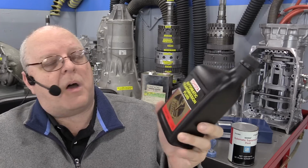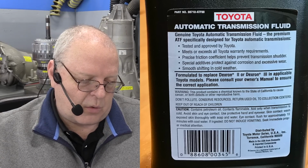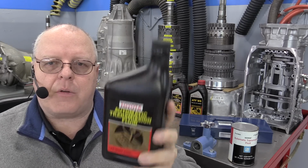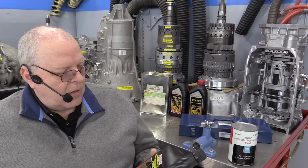So here is, we just bought this a couple months ago, Toyota automatic transmission fluid, it says here on the front. And on the back label here, it tells us that it's formulated to replace Dexron-II or Dexron-III in applicable Toyota models. Please consult your owner's manual to ensure correct application. So Toyota is selling fluid today that met the previous Dexron-3H automatic transmission fluid specification. Now, that specification had been discontinued by General Motors in 2011 because they wanted everyone to quit using Dexron-3H and move to the better quality Dexron-6 automatic transmission fluid. But Toyota still offers fluid that meets that specification, although it's not licensed because you can't license Dexron-III fluid anymore. General Motors won't do it. So here's Toyota Dexron-III and II